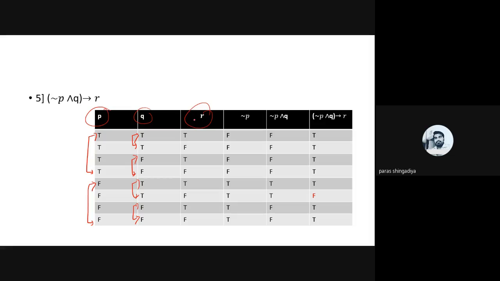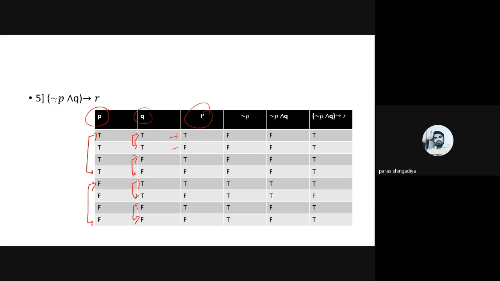The second column. And for the third column, consider the sequence of TF, TF, TF, and TF. In this case, all possibilities will be included, all 8 possibilities for the 3 statements. If only 2 statements were given, and I removed R from this data, it would involve only the 4 outputs. But since it involves 3 statements, we first consider these 8 possibilities as the PQR columns, and then check the required bracket.